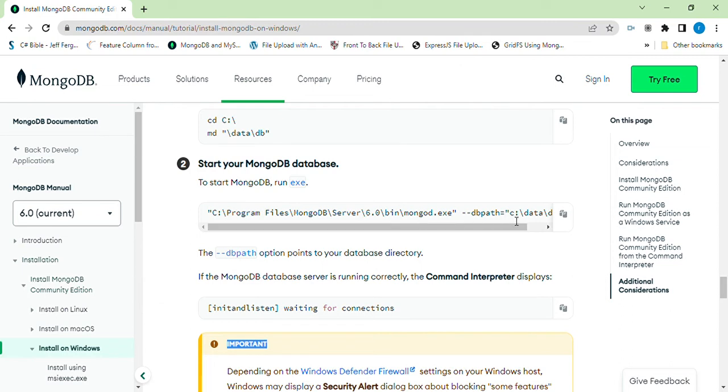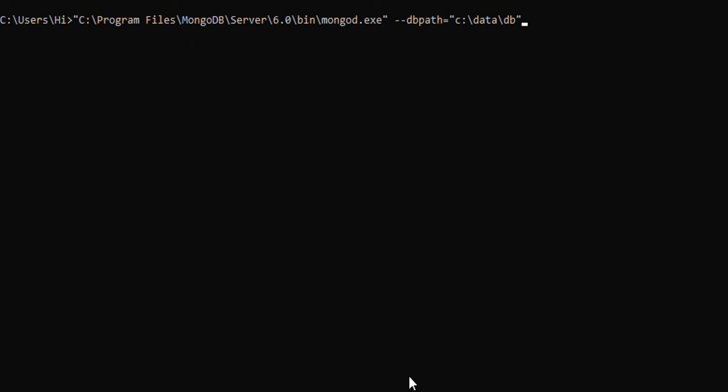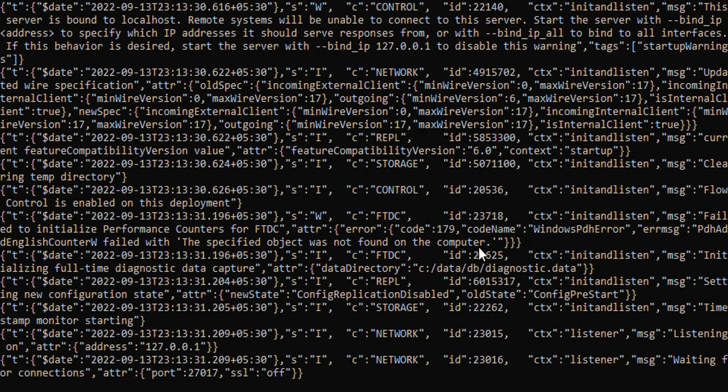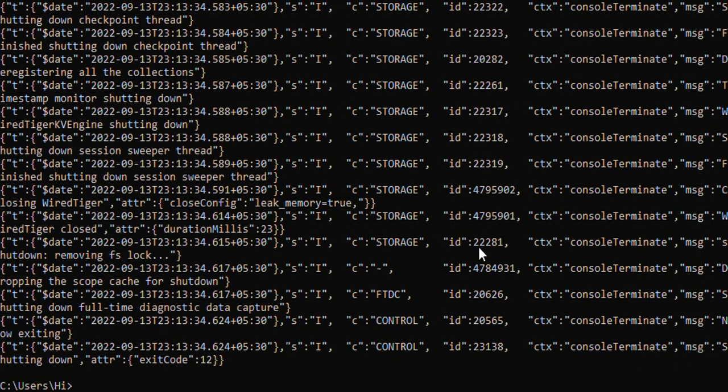After this, go to the website and MongoDB website and copy the start MongoDB database command on your terminal. So click enter. Your MongoDB